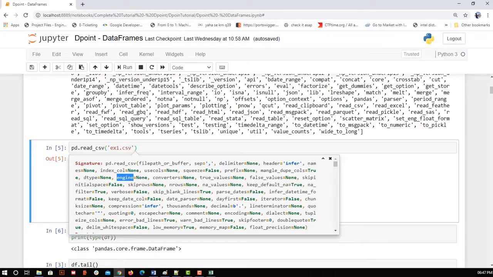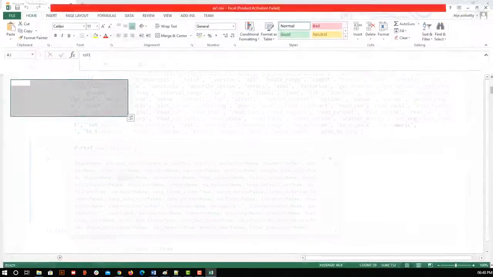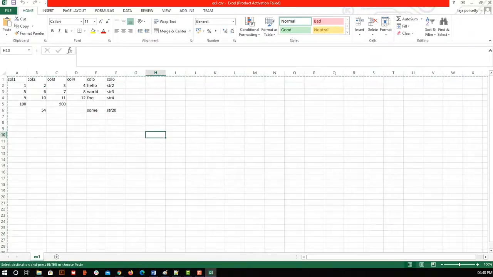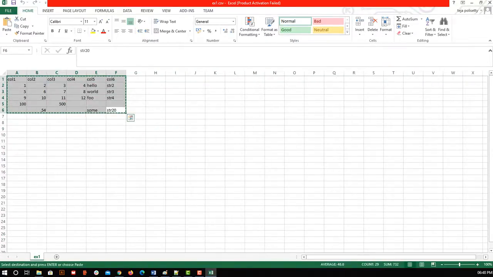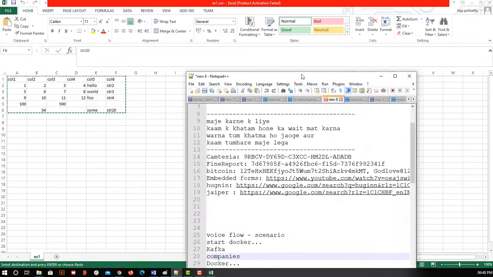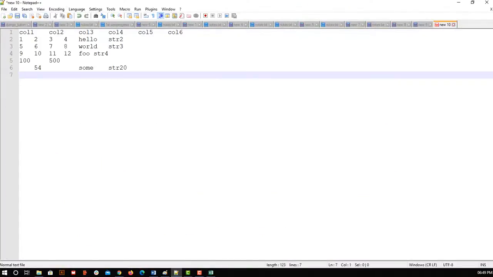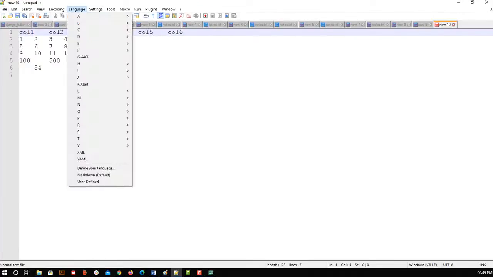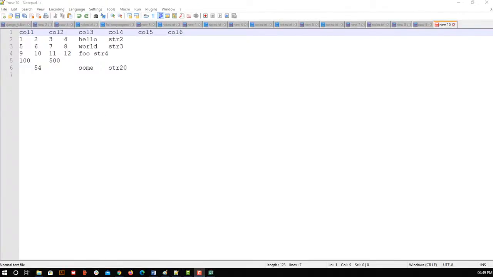Let me see here. Let me copy this complete value, and I'll go to my notepad and try to save it with a tab, and then we'll try to read it. This is my notepad. I'll try to save it here and replace the file. Let it be tab only. Because I have copied it directly, the file is coming with this kind of tab. Let me save this.